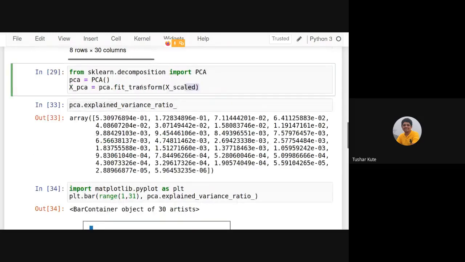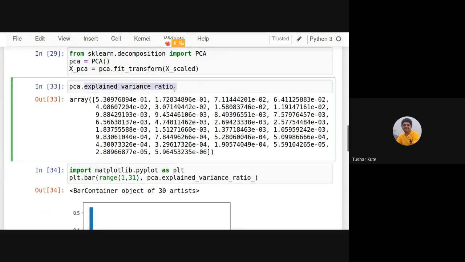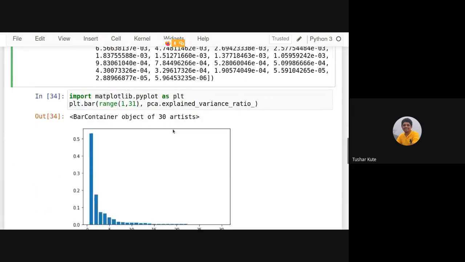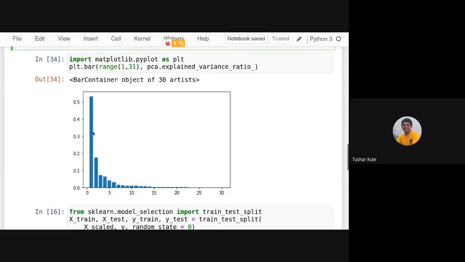After applying the PCA, the variance is identified by this covariance matrix, and then eigenvalues are used. Then we got the variance ratio for all 30. And you can see the highest is the first principal component, then second, then third, fourth, fifth onwards. We got the variance of each. And you can observe now that only up to the 20, 21, 22nd column variance is present. After that, no variance is there. I mean, they are not actually important for building the algorithm.